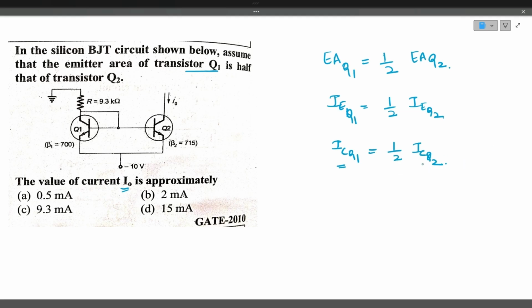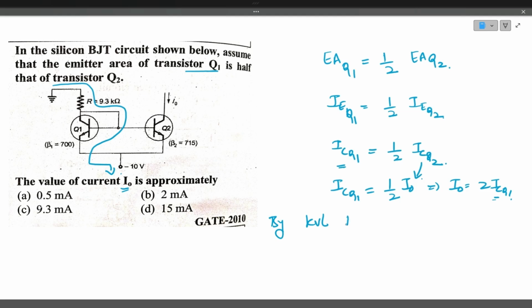Now this ICQ2 is nothing but I0. ICQ1 is equal to half of I0. This ICQ2 itself is I0. So now I0 is 2 times that of ICQ1. So let's find ICQ1 by applying the Kirchhoff voltage law in this input loop, by applying